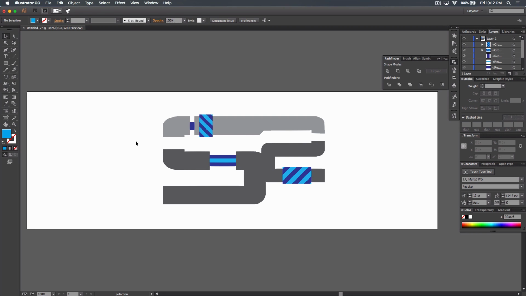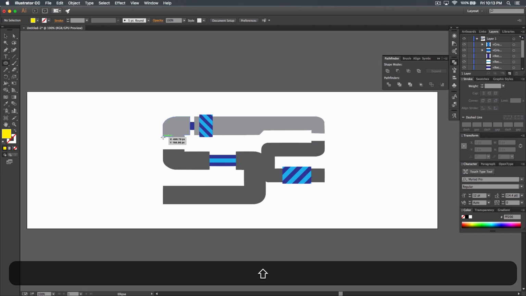Now we're going to go to one of the simplest effects, but it's pretty effective, and I just used it to fill in dead points or dead ends, essentially. That would be right here and right here, and what that does is it includes our third color, our tertiary color, which we only include in a very small amount, and that's going to be the yellow. And what we're going to do is get the ellipse tool, and we're going to create a circle about the width of this,